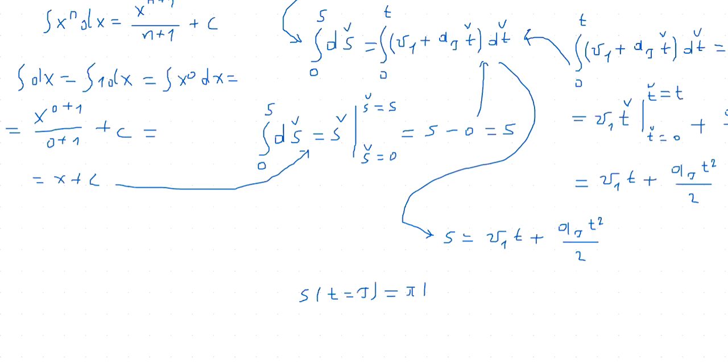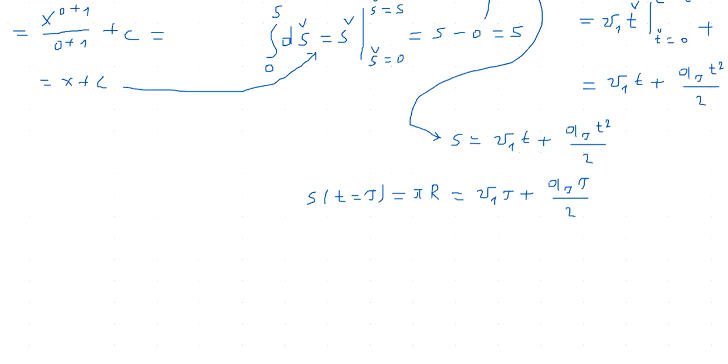So we can write that this is equal to pi R, and from here we can write that here will be tau, and from this we can obtain that